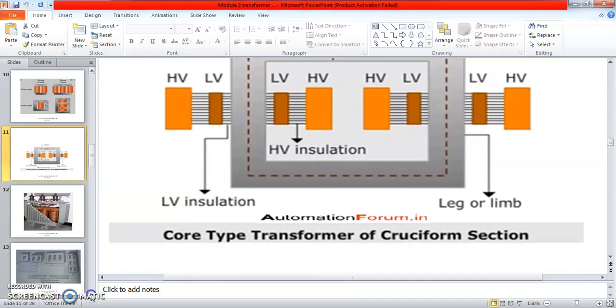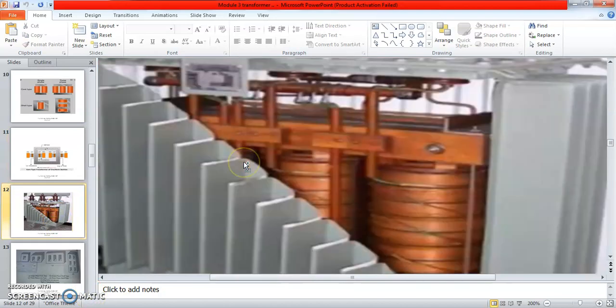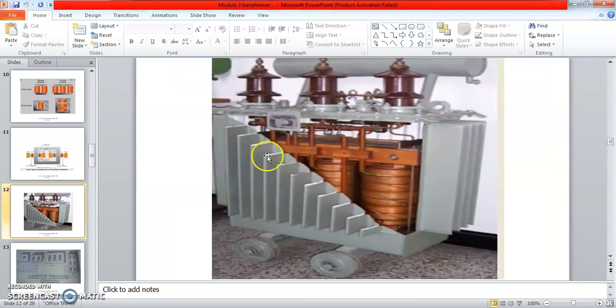So next, this is a 3-phase transformer cut section. It has 3 core sections, 3-phase transformers. The top view, if you see, all these conductors are wound in circle form. Above, insulators and all will be there, to protect the transformers. If you cut it horizontally, that is the top view, that is the plan. If you cut it vertically, that is the elevation section.